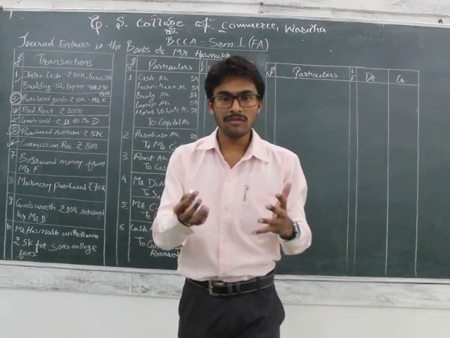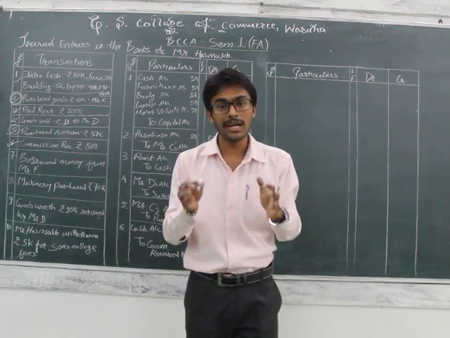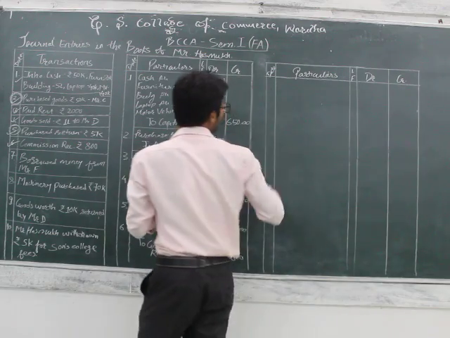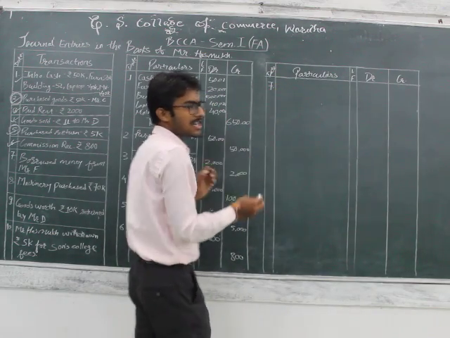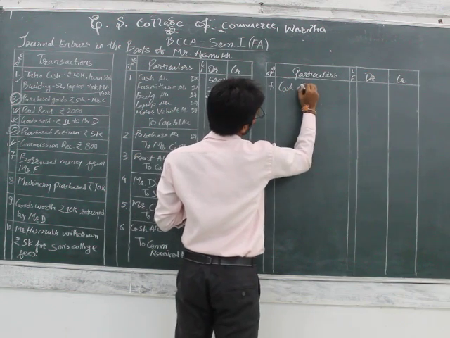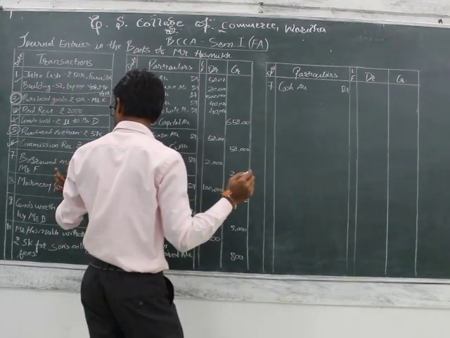That means someone will provide a loan to us. Someone will provide a loan to us means that person will provide cash to us. So cash will be coming in, so we have to debit cash. Why cash? Because cash is coming in. So the cash account will be debited with rupees